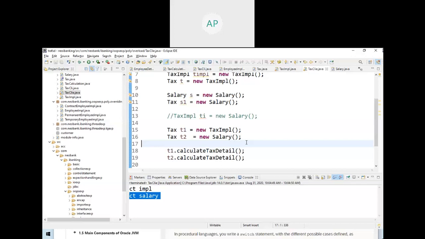So that is partial implementation. Do you know what is the meaning of abstract? High level design, not a detailed design. When you implement the interface method and your abstract method, then you give detailed logic to all the methods.